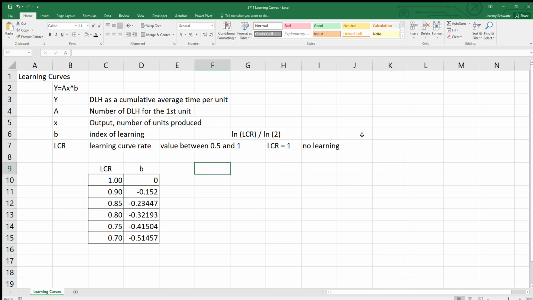Now let's work through an example here where we'll have the following data. So we'll have our time to complete the first unit. So we're going to have a value of A of 6 direct labor hours. And we'll try this out here where we then have X ranging, say we'll go from X ranging from 0